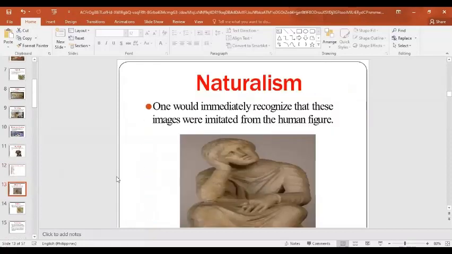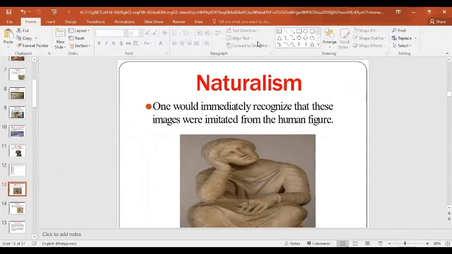So first, ways of presenting the subject, we have naturalism. So one would immediately recognize that these images were imitated from the human figure. So let us try to elaborate more what is naturalism. It is a style and theory of representation based on the accurate depiction of detail. Kumbaga, when we talk about naturalism,